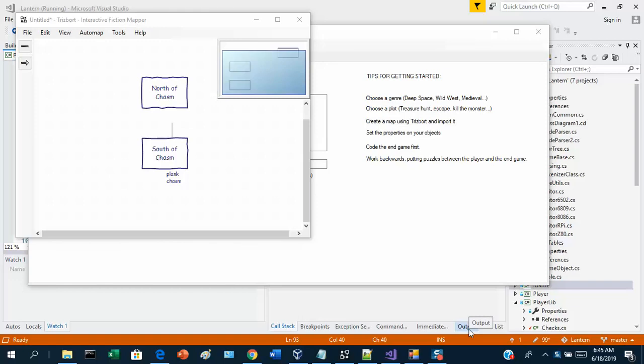Hello, in this video I'm going to show you how to make a bridge across something. Imagine that there's a canyon or a crack in the earth, or in this case a chasm, which is just another word for a giant crack in the earth. We need to put something across that gap to make a bridge so we can get to the other side. In this example I have two rooms, one called south of chasm, one called north of chasm,